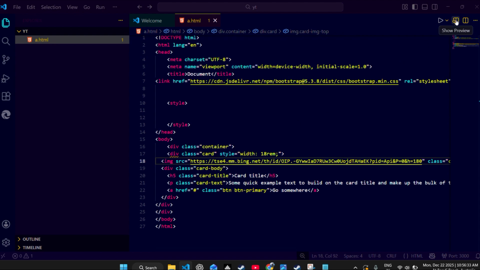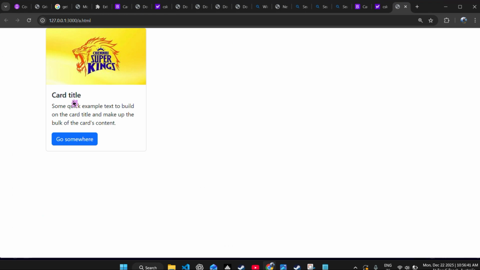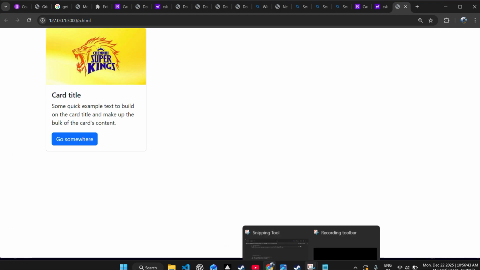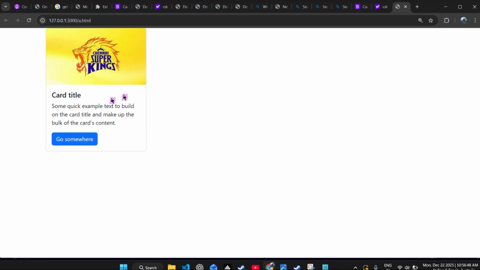नाउ हियर आई थिंक हमारा लगभग जो हमारा गोल था, जो हमको कार्ड बनाना था, वो बन गया होगा। यस, आप देख सकते हैं, 3 डॉट में क्लिक करेंगे, फिर यहाँ पे ओपन इन ब्राउजर ओपन करेंगे, ये देखिए। लेकिन आप यहाँ पे नोटिस कर रहे होंगे कि जो हमको बनाना था कार्ड वो एकदम पेज के सेंटर में था, but here you can see that it is slightly below the left hand side. So इसको बीच में लाने के लिए, to make it in the center of the web page,